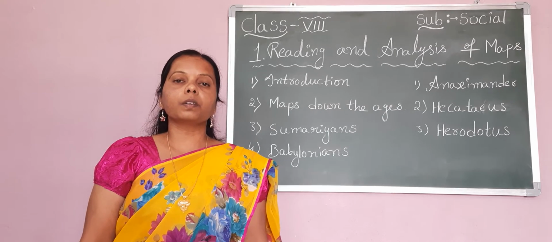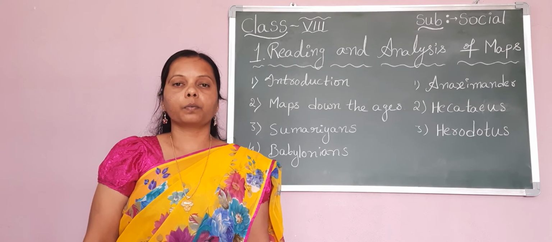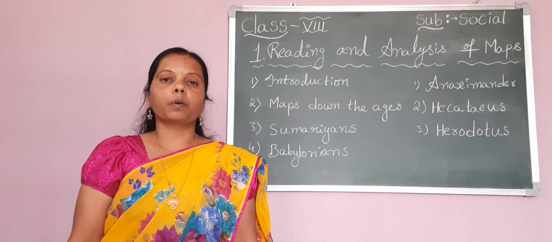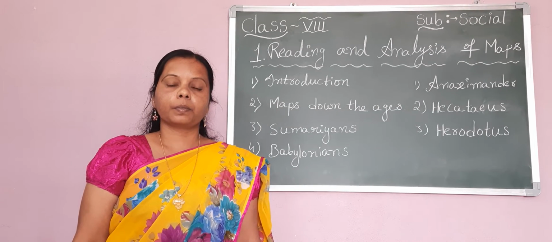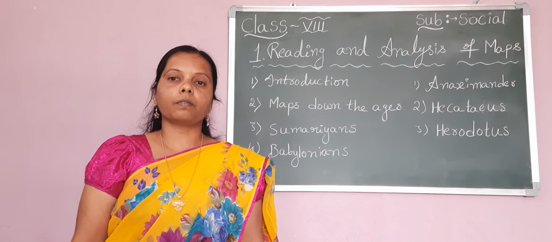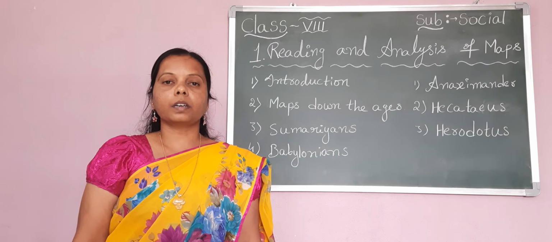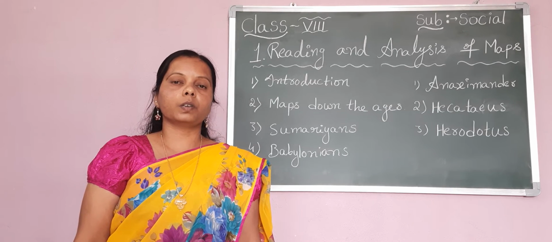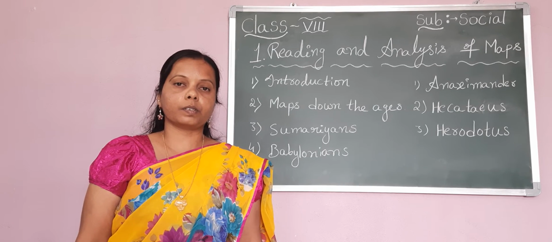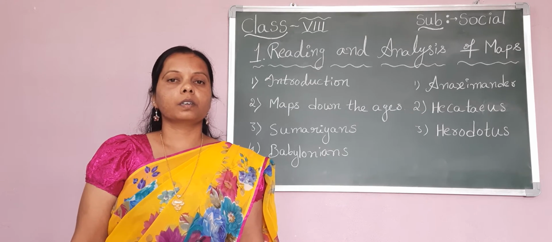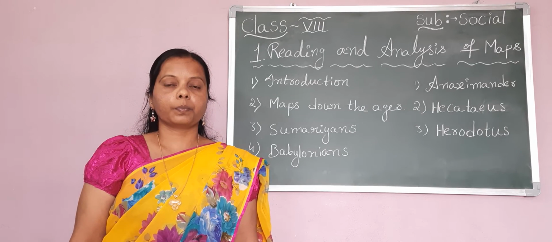First, you must know the difference between a map and a photograph. What is a map? A map is a model of a place, and a map, unlike a photograph, doesn't give any real features. Generally, maps are used by geographers or cartographers, and the art of making maps is known as cartography.